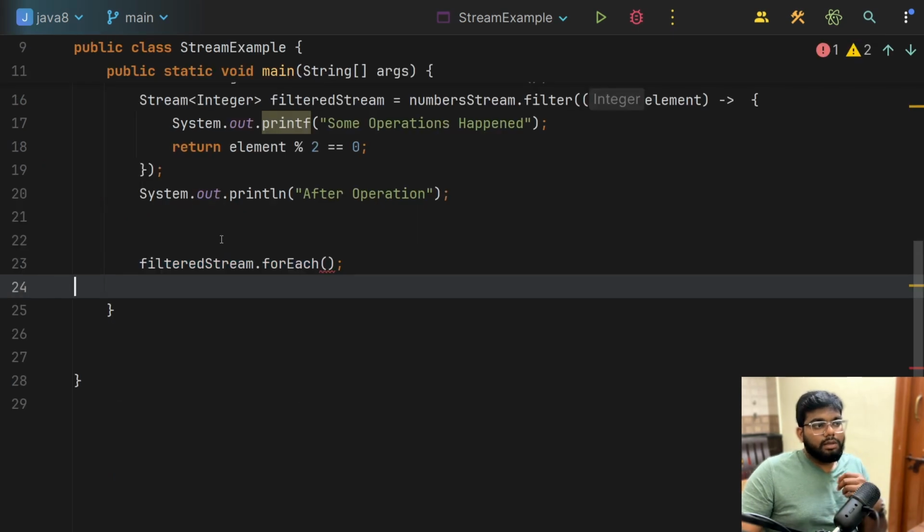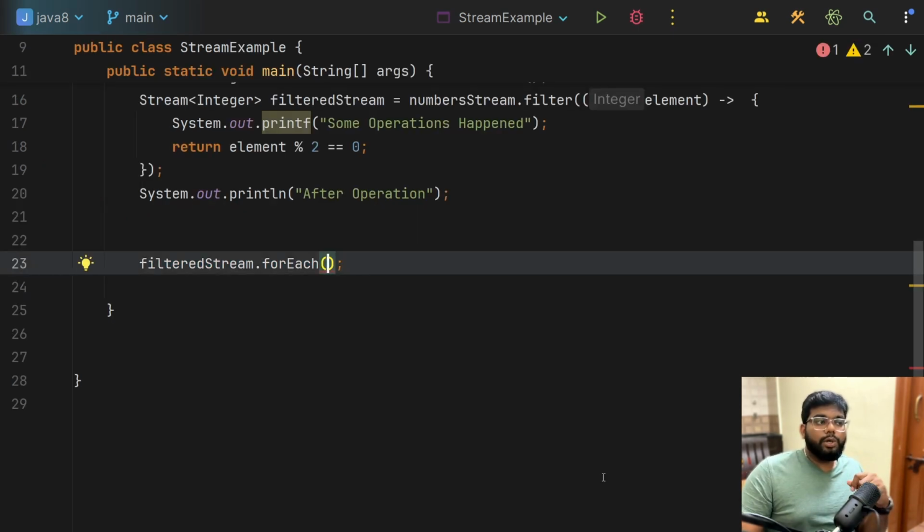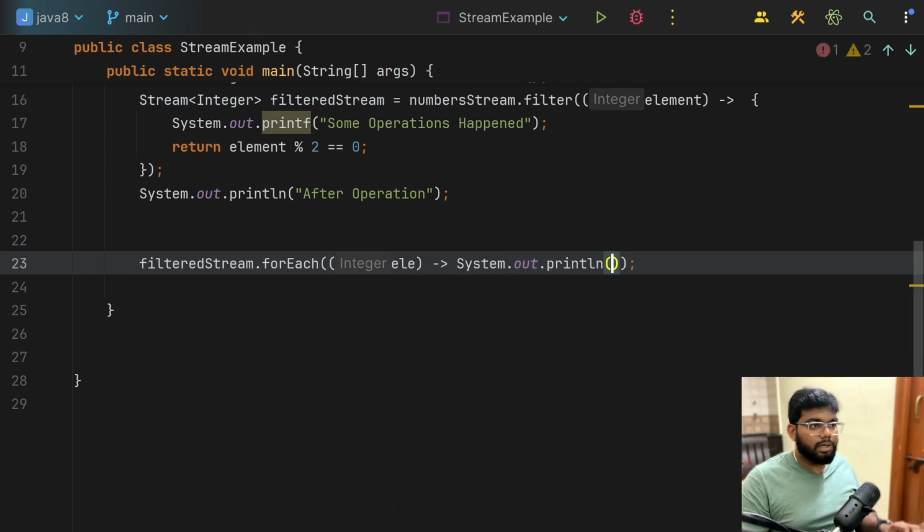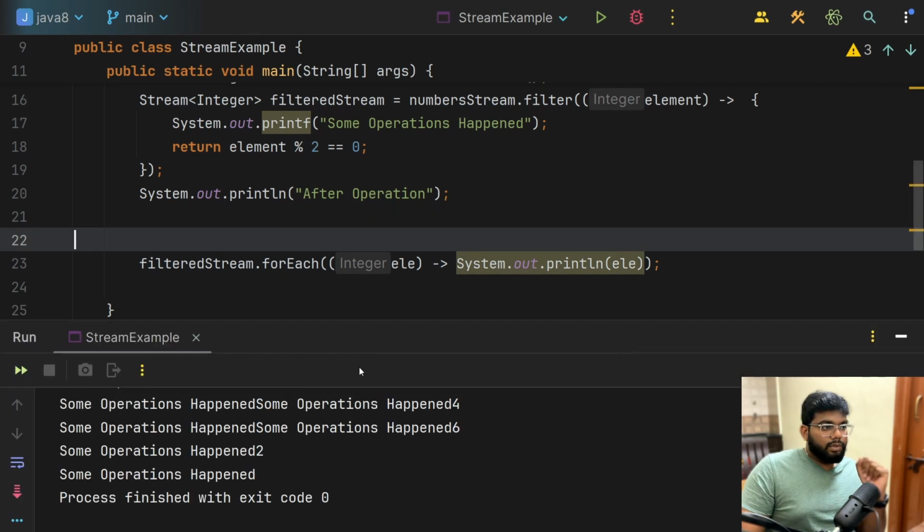So now for forEach, I'm going to pass the element. Obviously, this is the structure, a notation we need to follow for the lambda expression. It's going to accept some value, so I will put some element, ele, to keep it simple. Here I'm going to pass the statement which has to execute whenever the accept method is called. So now I'm going to put System.out.println and pass the element. So that's it. You can see